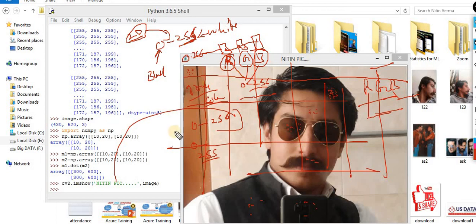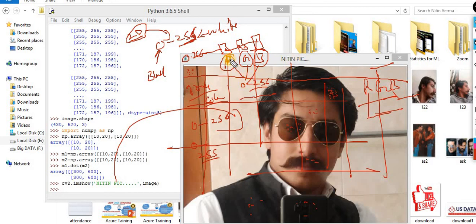I have explained the entire thing in great detail. If you want to learn more, please Google it, because this is an endless and very big topic. If I start discussing here, there are lots of things: hue, saturation, Fourier transformation. I am not going in that direction.